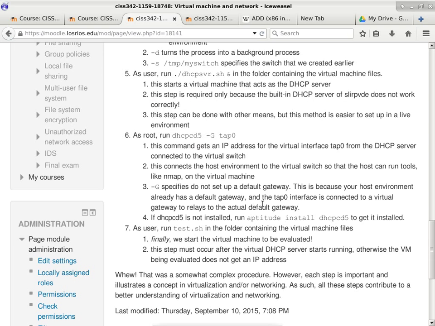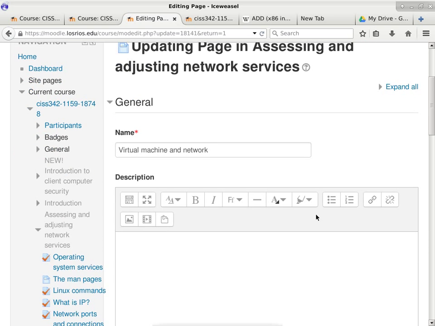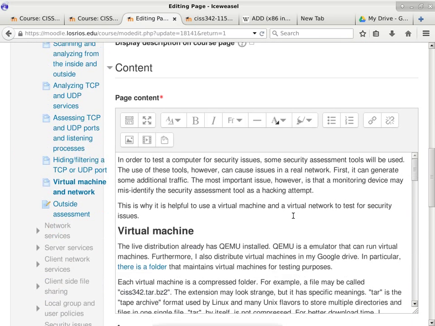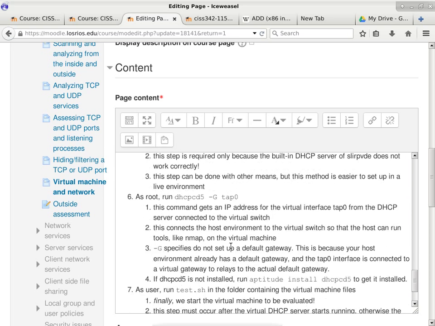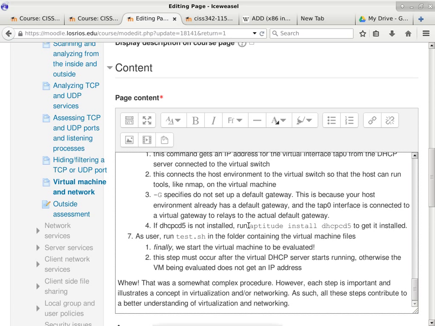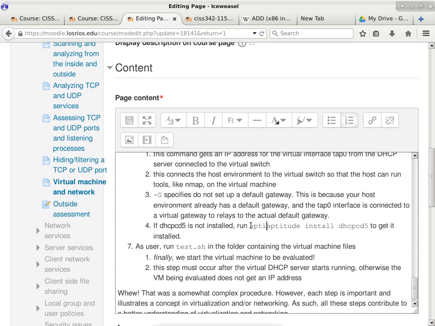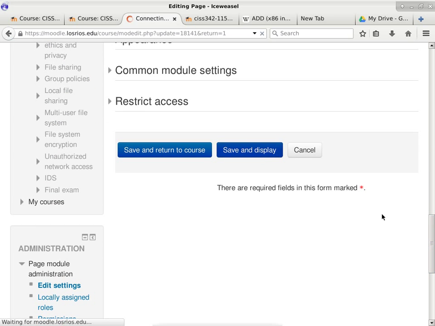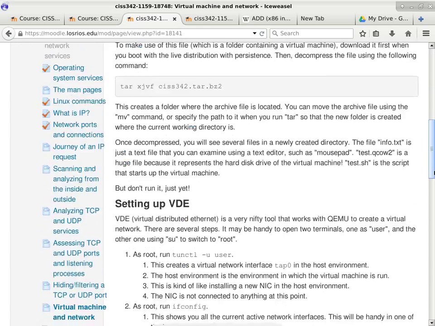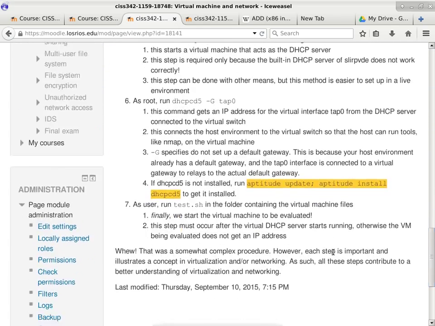We have to do an update first. I have to change this instruction because it has been more than a month since I made an ISO. Things are a little bit outdated, so I have to run an update first before I can install it. So I'm going to change the instruction here to reflect that. So we have to do an aptitude update and then the semicolon. So this is all one command. Let me use highlighting in the background to emphasize this is all one command. It's just wrapped around. There we go.